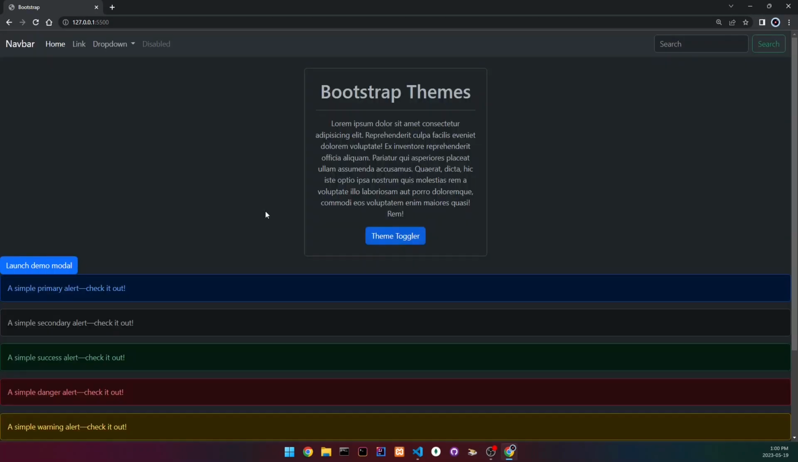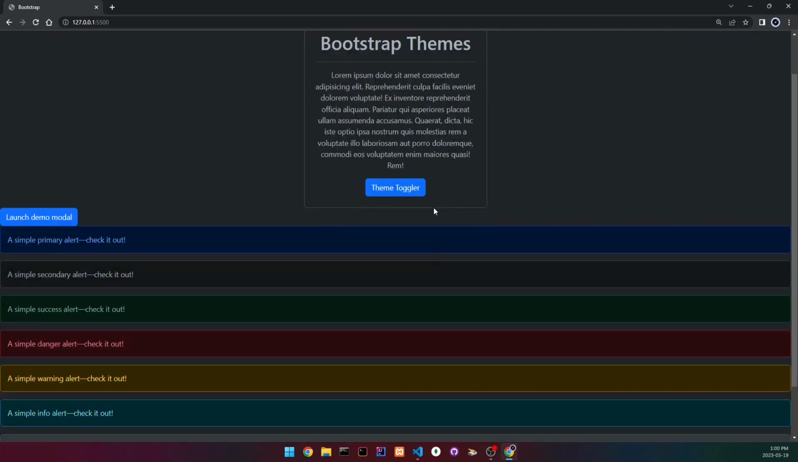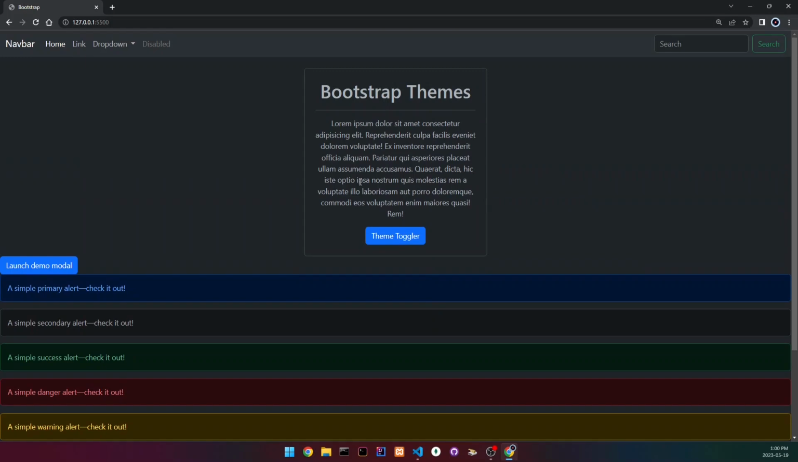In today's video, I'm going to be showing you how you can create a theme toggler button with Bootstrap, JavaScript, and local storage that will save the theme. So right now the theme is dark. When I reload the page, it's still going to stay dark. And even if we close the page and reopen it, we can see that the theme